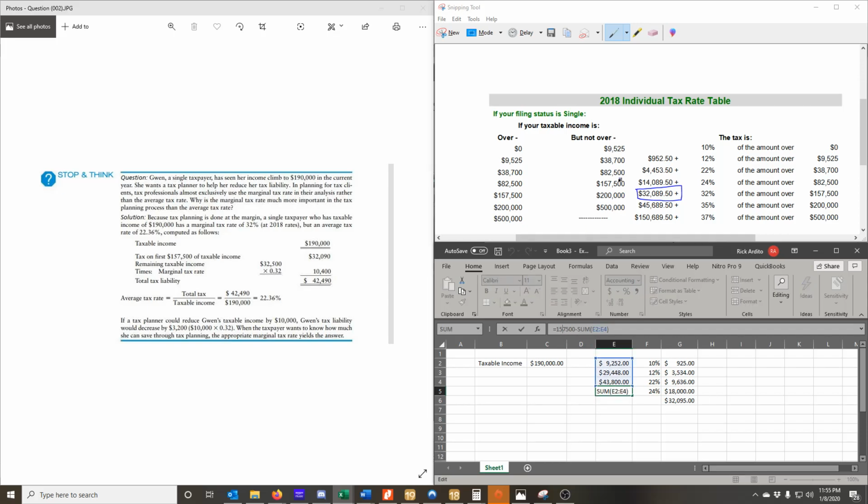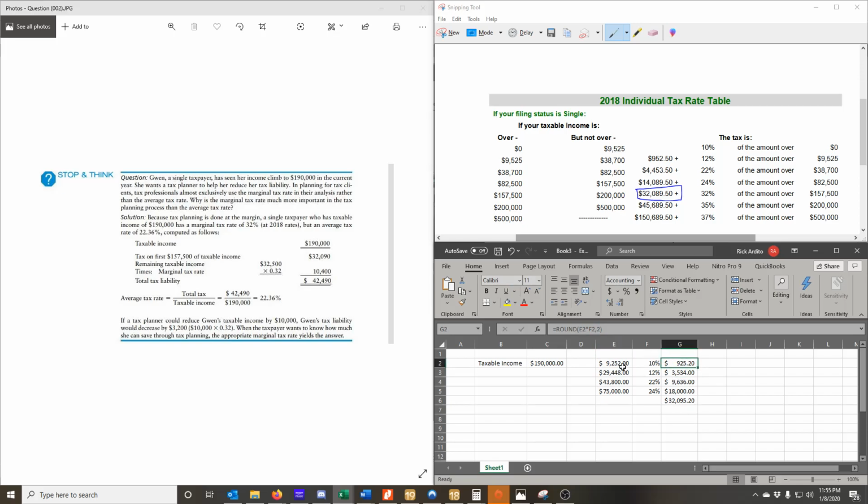157,500. Okay. 82,500. Okay. 38,700. Okay. Interesting. So let's see if we can figure out where we're going wrong here. If we add up the first two columns, or the first column, it should equal this, 952.50. Now if I round to two decimal places,